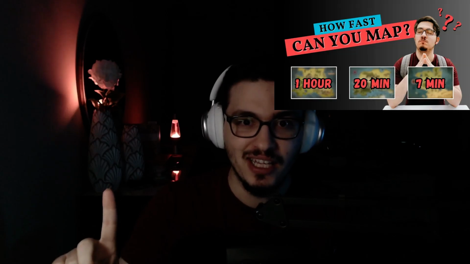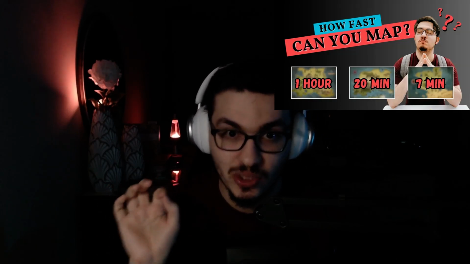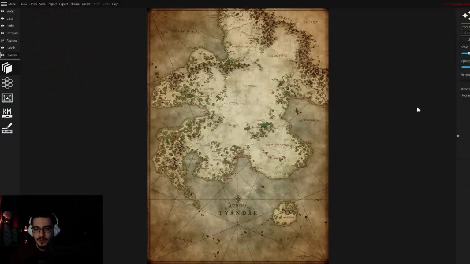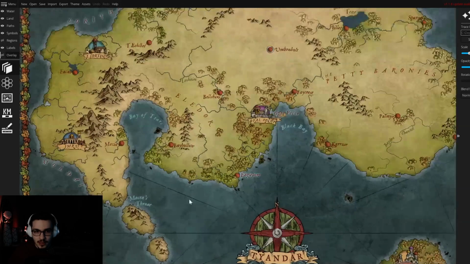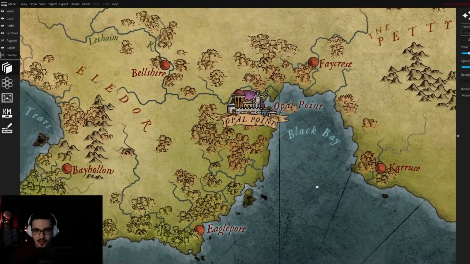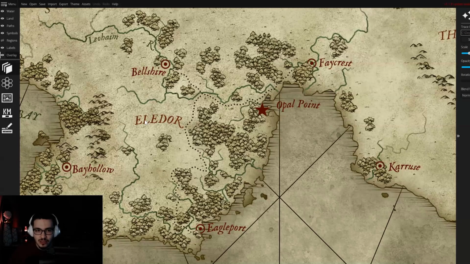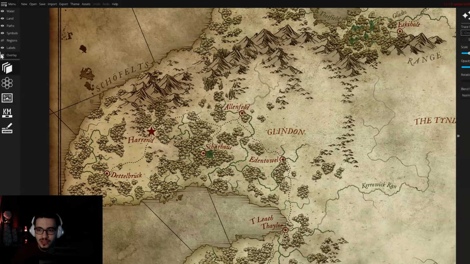Easier to make good looking maps. You can check my quick mapping challenges, by the way. Even with the 20 minutes map, you can make a really good looking map using assets. I have another example for you. Let's jump here. So this is one of the first maps I made for a commission. Voila. Now this is a work in progress, but I'm working on a remastered version of it. And just look at this. Different art style, different feeling to it. You make the same map using a different collection and you have a different style.